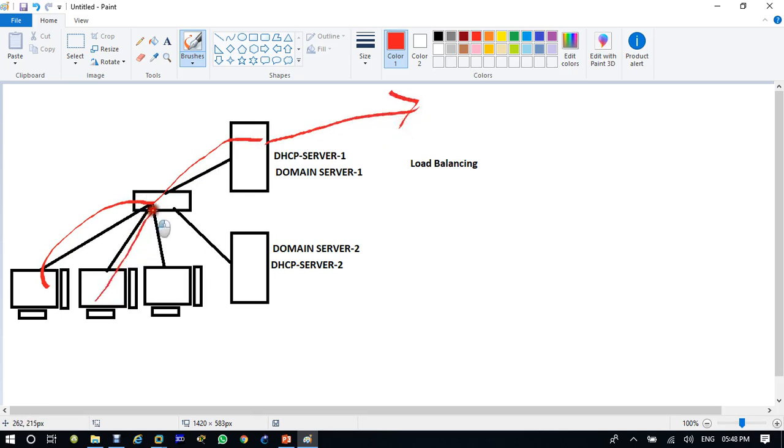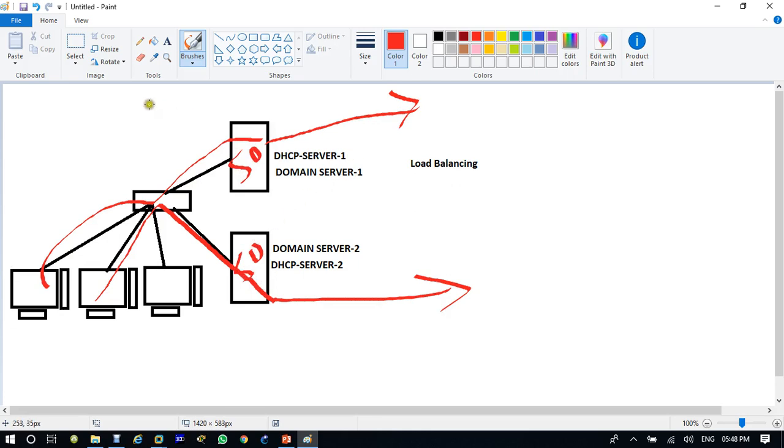The second client will come to the switch and go via the other server. So this is your load balancing, they are balancing the load. If you have 100 users in your organization, 50 users will pass from here and 50 users will pass from here. That is load balancing.